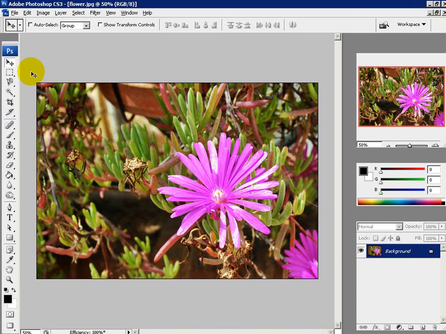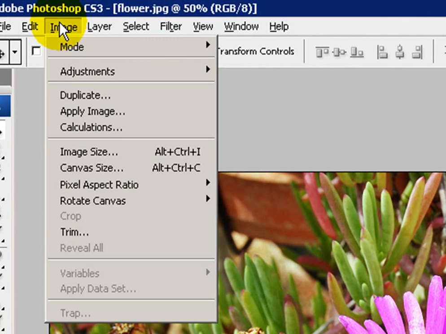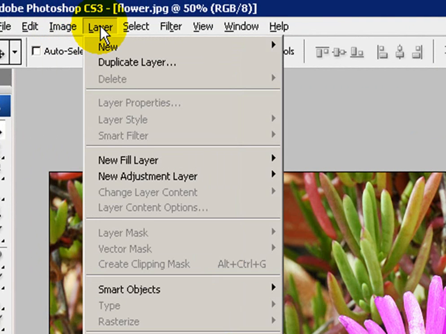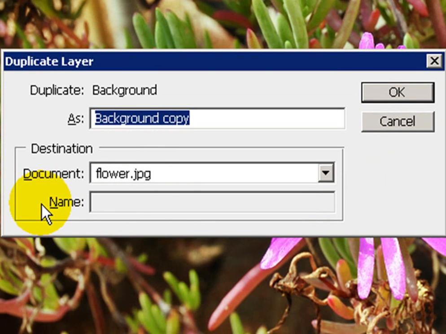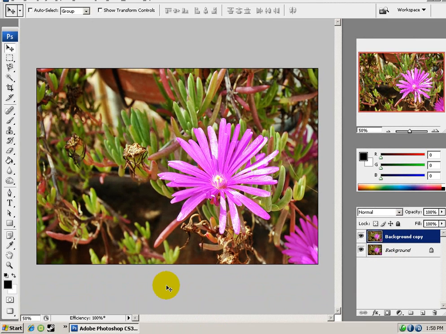Okay, so what I do first is duplicate the layer. You want to do this by clicking layer, duplicate layer. The shortcut to that will be Control J. We're gonna name this, doesn't really matter. Okay. Next, you want to apply the unsharp mask filter. This will make the image more clear. We'll do this by going to filter,